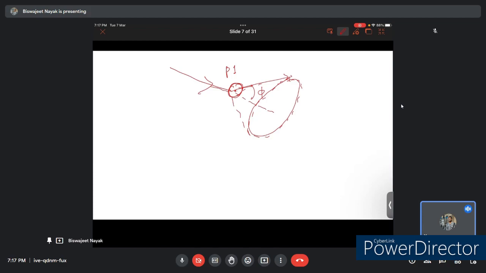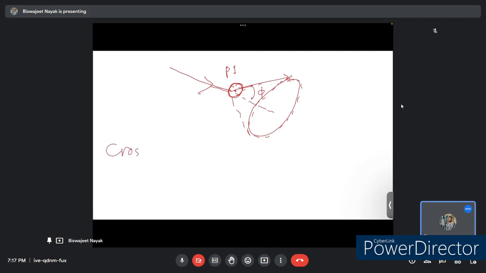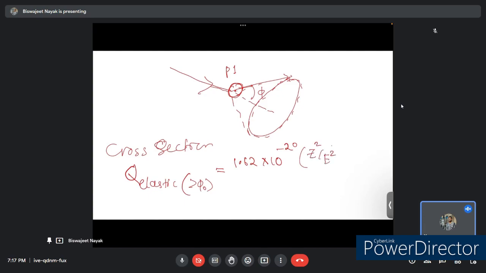and so the cross section of this cone is given, from the elastic scattering, by 1.62 × 10^-20 Z² / E² cot²(φ0/2), where here φ0 is the threshold elastic scattering angle,